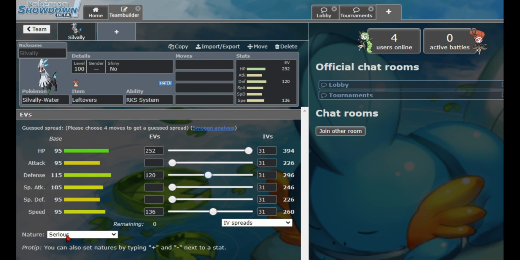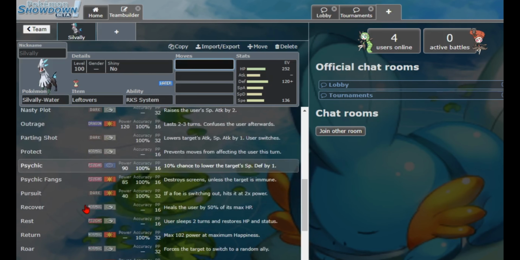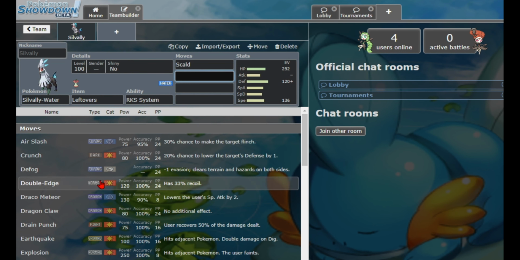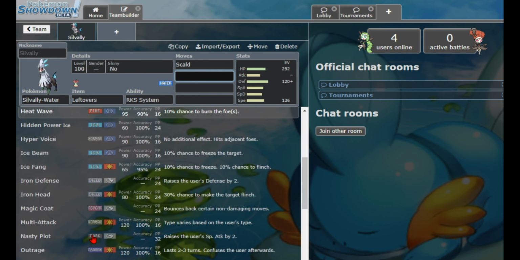Something like this could work. Bolt, and it's also a physical tank. Okay, more of a wall, but yeah, you get the idea. This is practically Slowbro without the massive bulk, and it gives you the ability to check electric types, but it has way more utility with parting shots,